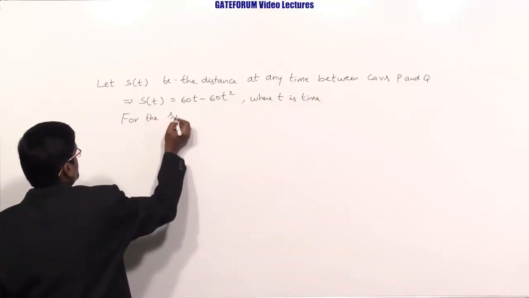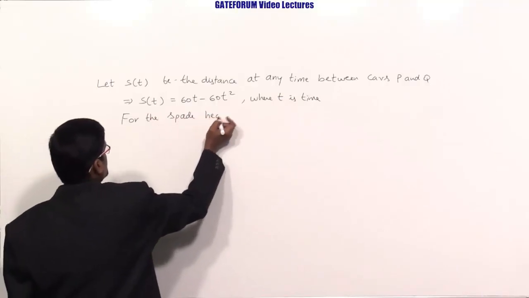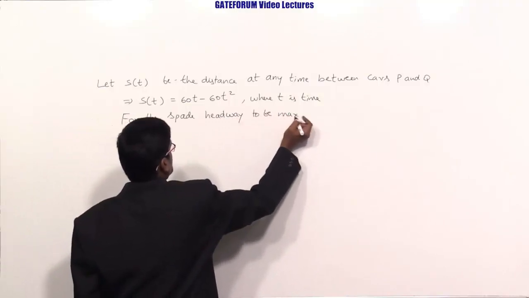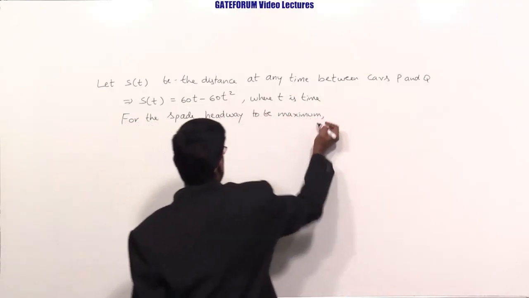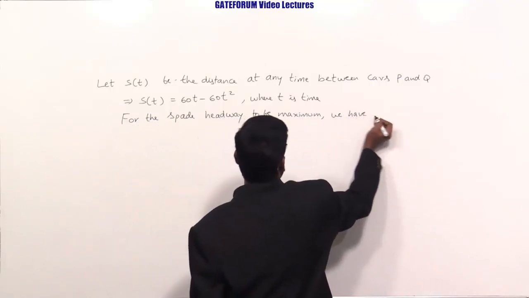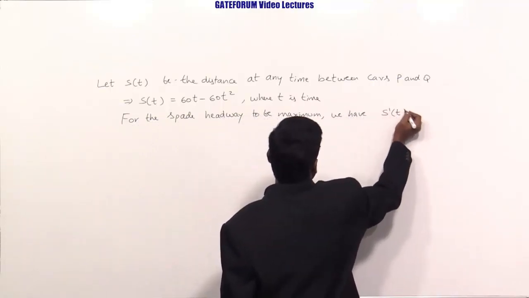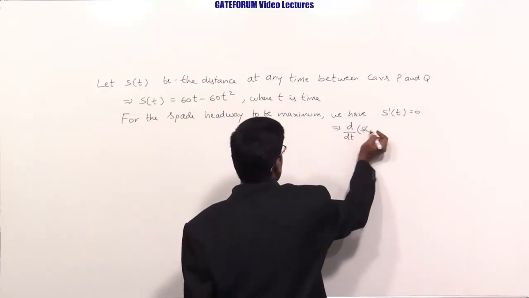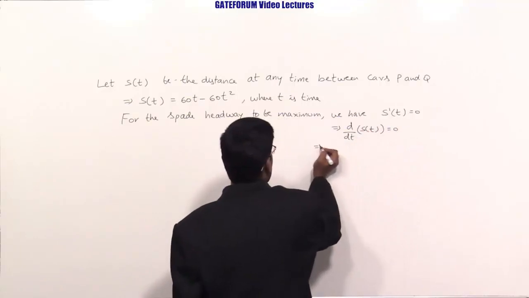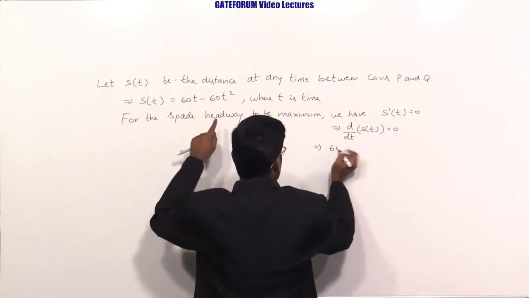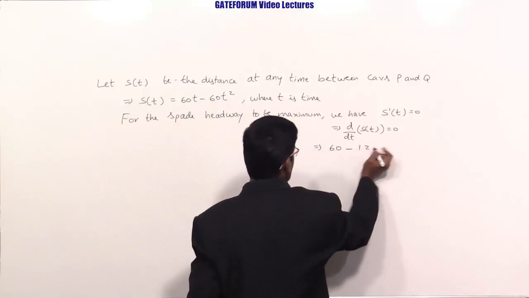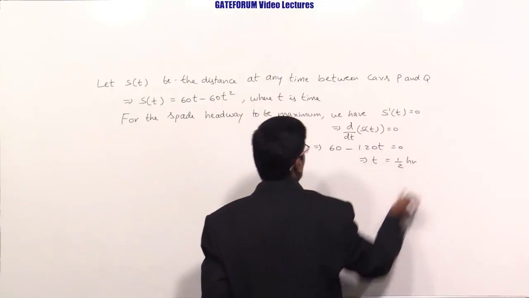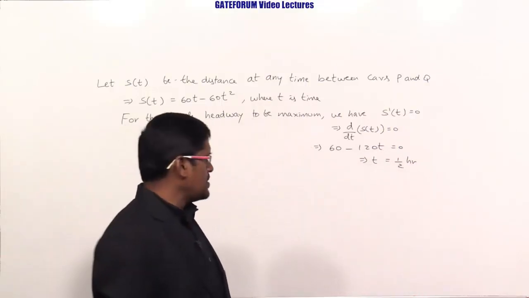For the space headway to be maximum, the necessary condition we have is s dash t is equal to 0, implies d by dt of s of t is equal to 0, implies derivative of 60t is 60, derivative of t square is 2t, so 60 minus 120t is equal to 0, simplifies to t is equal to 1 by 2 hour,